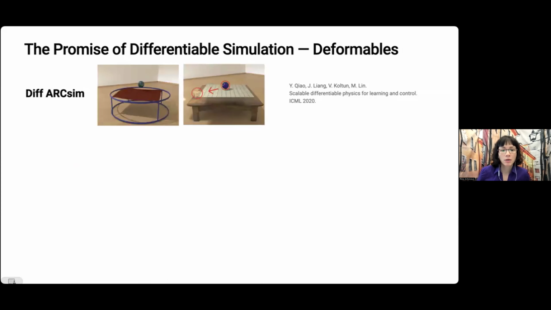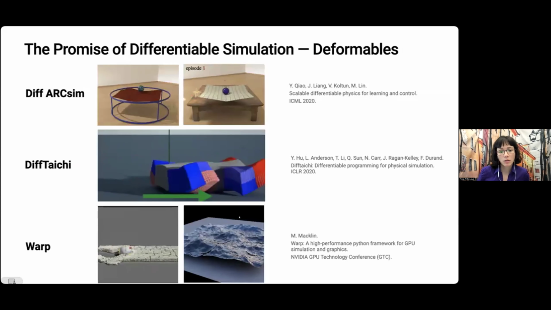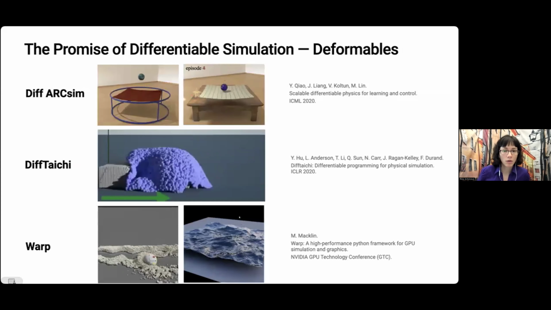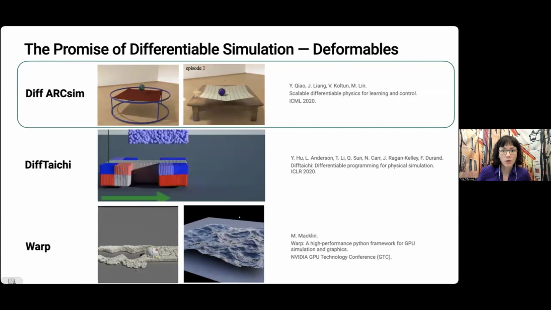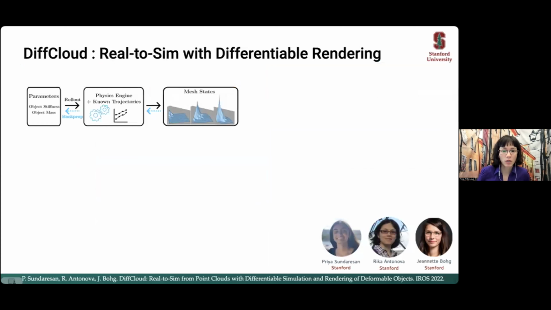So there are some early simulators that introduced differentiability into existing simulators, like ArcSim, for example, for thin deformables like cloth. There are also frameworks like Taichi that have both mesh-based and particle-based versions of simulation and have been used widely. And there's a newer framework called Warp from NVIDIA that is also catching up and adding some new functionality. One of our earlier works used this differentiable version of ArcSim to work with deformables, and I will just briefly mention what can be accomplished with simulators like that.